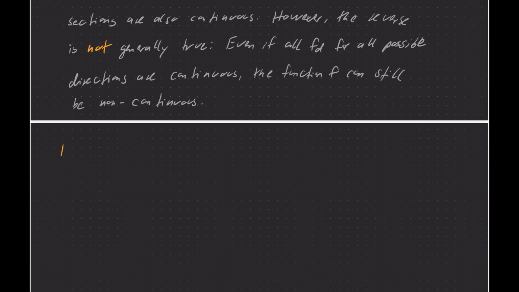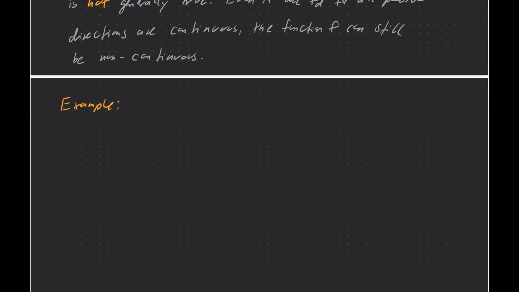And here's an example to illustrate that claim. So we consider the following function. We define a function on R2 that maps to R, and we'll define that as f of x1, x2